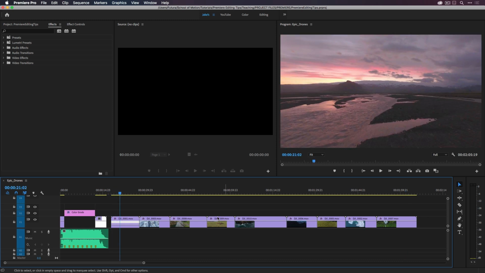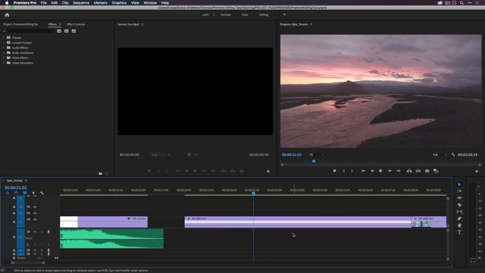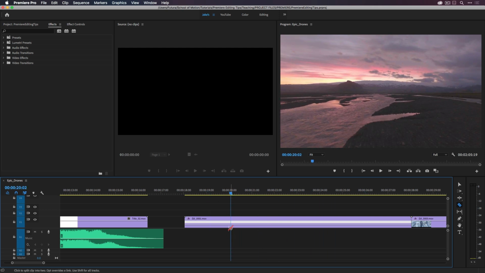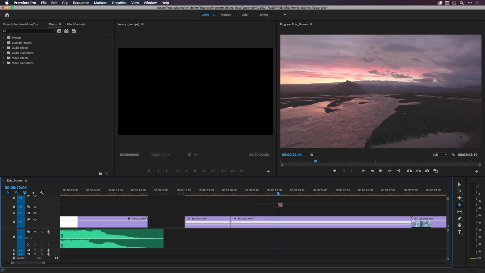Obviously, each one of these clips is significantly longer than we can fit into this sequence. So we're going to need to do a lot of trimming, and if you're not that familiar with Premiere, if you just use it to get by, then you're probably doing most of your editing like this. Let me zoom in, I'll press plus on the keyboard, and then come over to my tools and grab the razor tool. So you're probably used to grabbing this, finding a spot that you want to start at, maybe this frame right here, cutting and then going forward a little bit, maybe about there, and cut